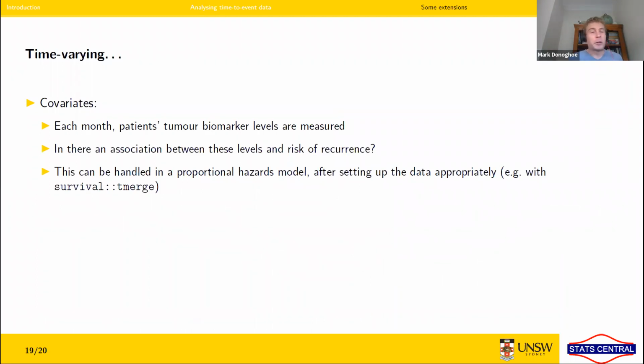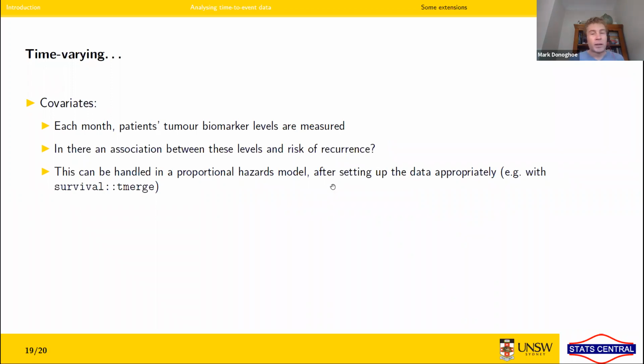And if we're interested in following people over time, we often measure their covariates over time as well. And rather than just looking at the baseline values, we might be interested in how the current level of the covariates is associated with the hazard of an event. So in our example, maybe every month our patients came into the clinic and we measured their tumor biomarker levels. And our question might be, is there an association between someone's current levels and the risk of